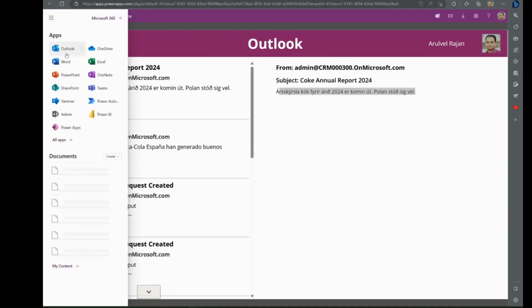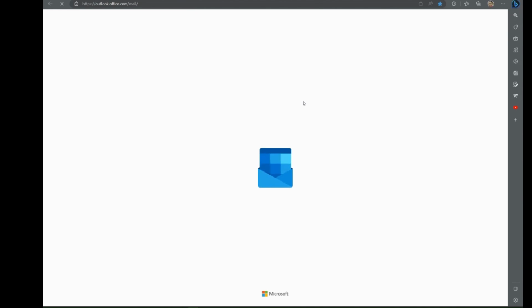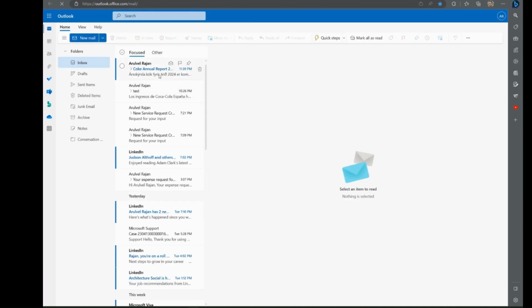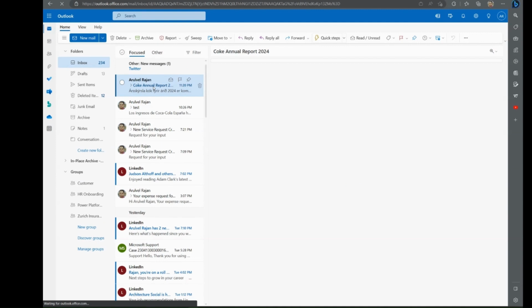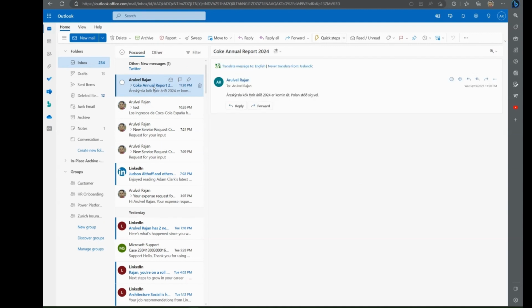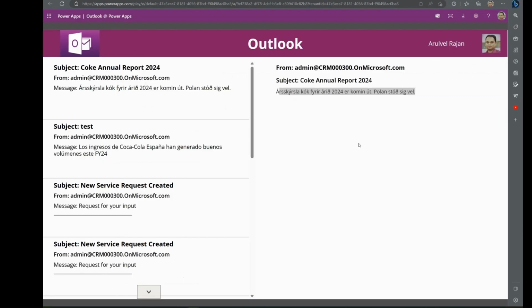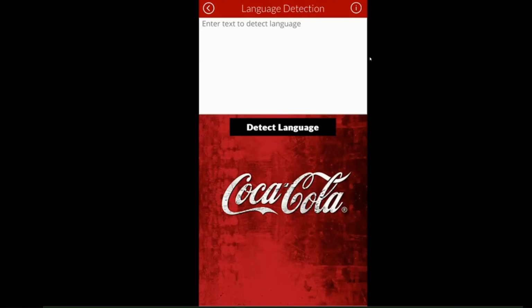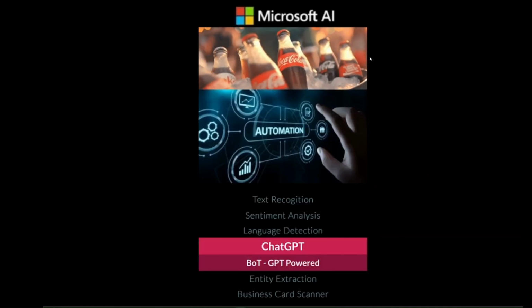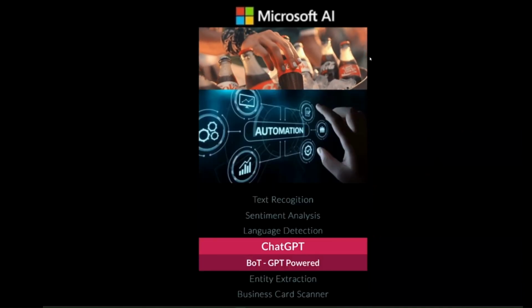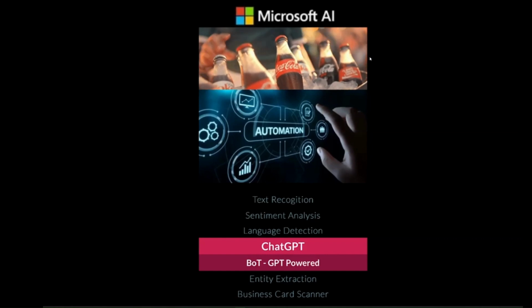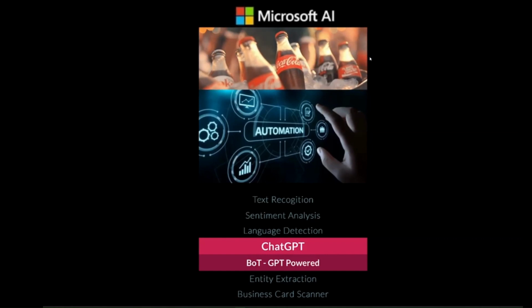If you want to really see that in a proper Outlook, that's totally possible as well. I just want to show you those ways where we could make Power Apps very powerful and very productive. And this is the traditional Outlook, and this is the Outlook within Power Apps. With this, we almost come to the end of the demo, and I hope it was useful. We did cover quite a bit of features of Azure